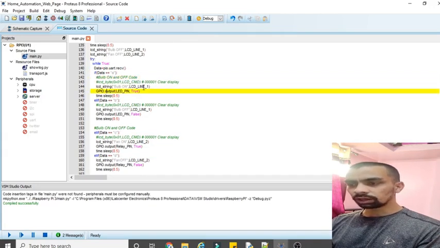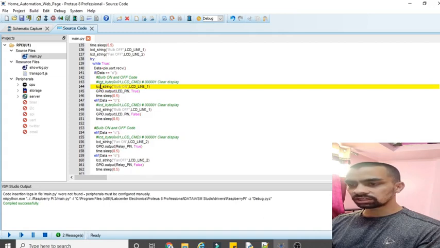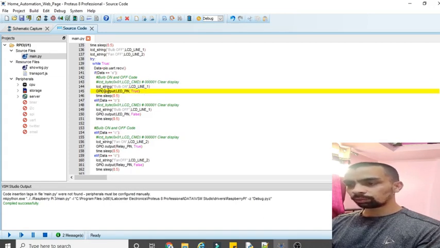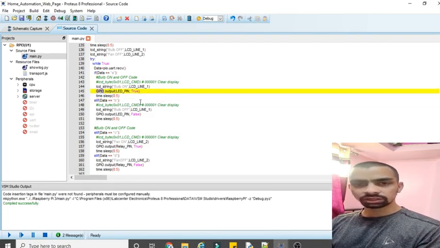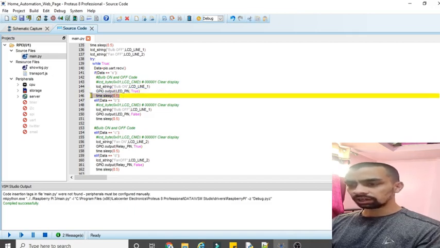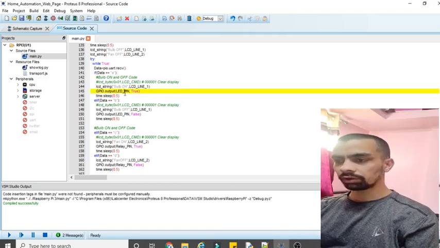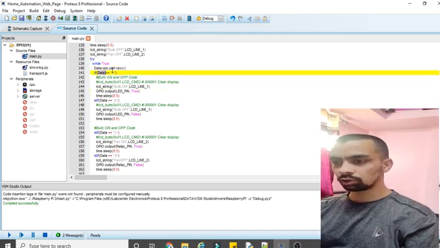So to turn on the bulb, we have to first print LCD print bulb on the LCD line number 1, then gpio.output LCD LED pin to true. So gpio.output is a function which is used to send the 0 and 1 signal on the GPIO pin. So to send the 1 signal on GPIO pin, we will use this logic gpio.output LED pin to the true. That means LED will turn on after some delay. Now in this way we will turn on our LED by considering data is equal to A.